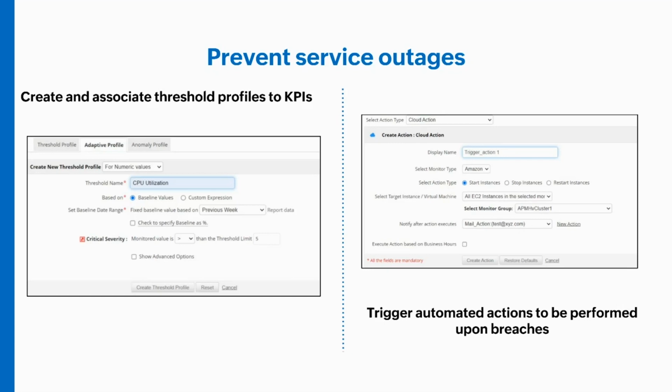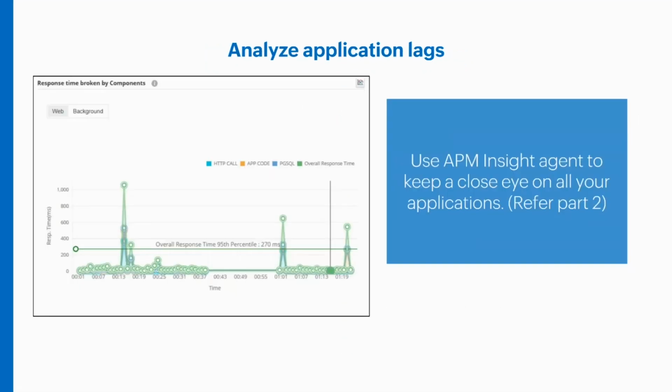And as I mentioned previously, we have an automation action called the cloud action. With the help of this, you can start, stop, or restart the EC2 instances directly from Applications Manager. And the next thing is, whenever there is an issue in an application, it's hard to find the exact trace. In an application, there will be several transactions performed, so to keenly monitor the complete transaction and the complete application,